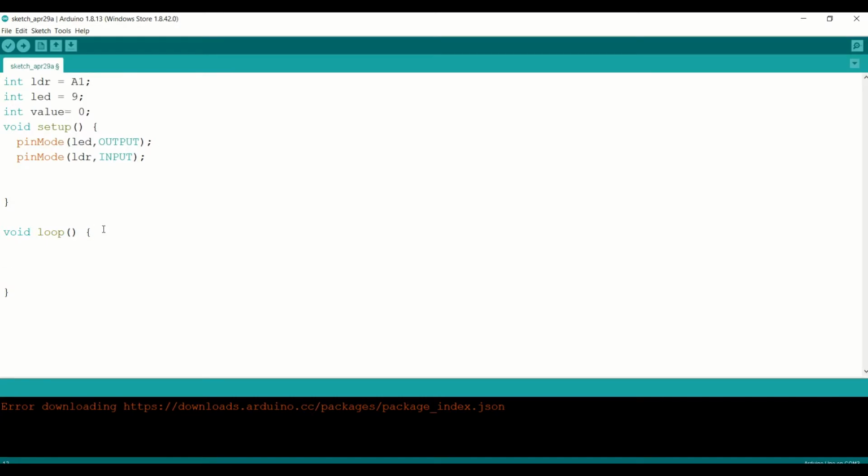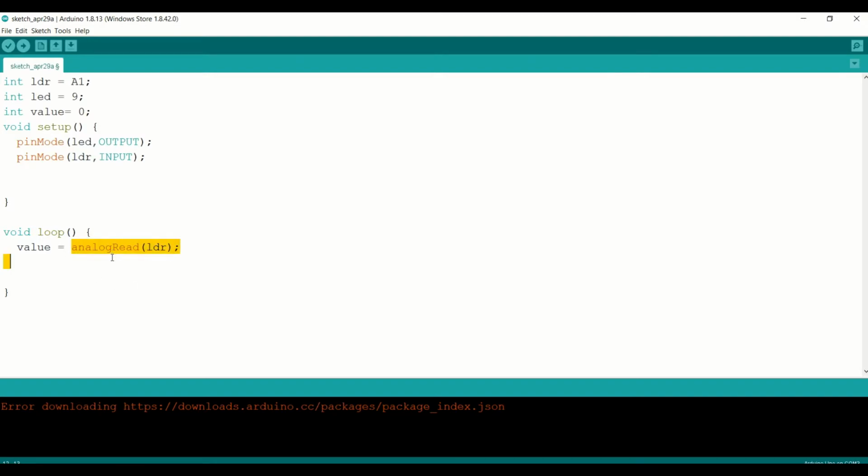Here in the void loop we'll be writing value is equal to analog read LDR. The use of this analog read function is to read whatever the value is. So if it is dark, then the value will be less. Whatever the value is, by this function it will be read.